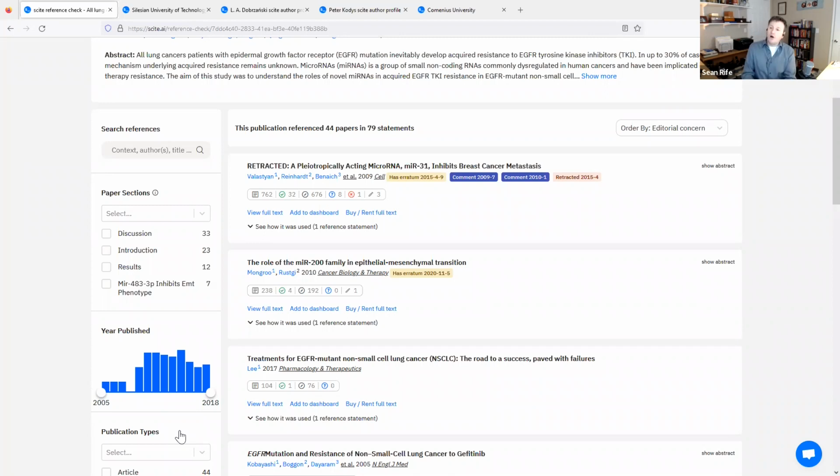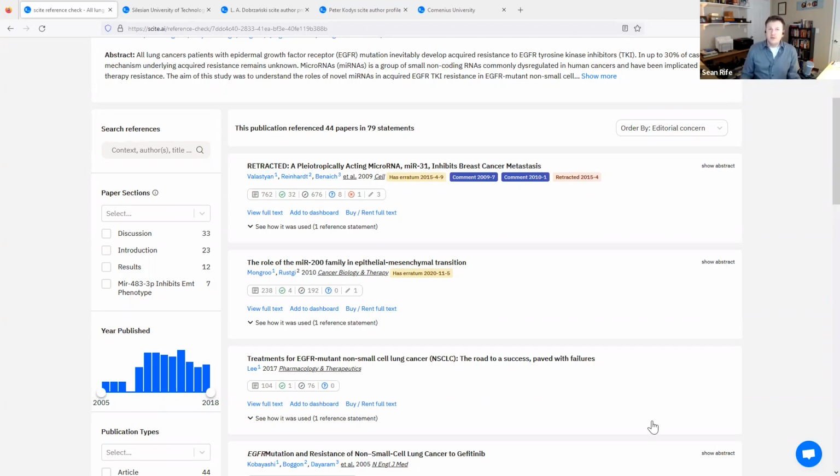Okay, there are additional features that I'll give a brief shout out to. We have a browser extension, a browser plugin that sits on the right side of your browser window, and when you're on an article page, it will pull up a little icon that shows you the citation type counts for that paper. If you click on that, it'll take you to the scite report page. We also have plugins for both Zotero and Mendeley.